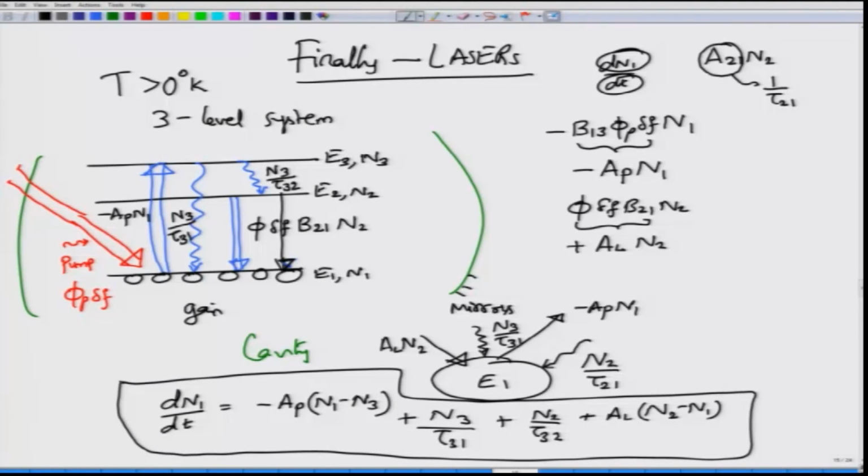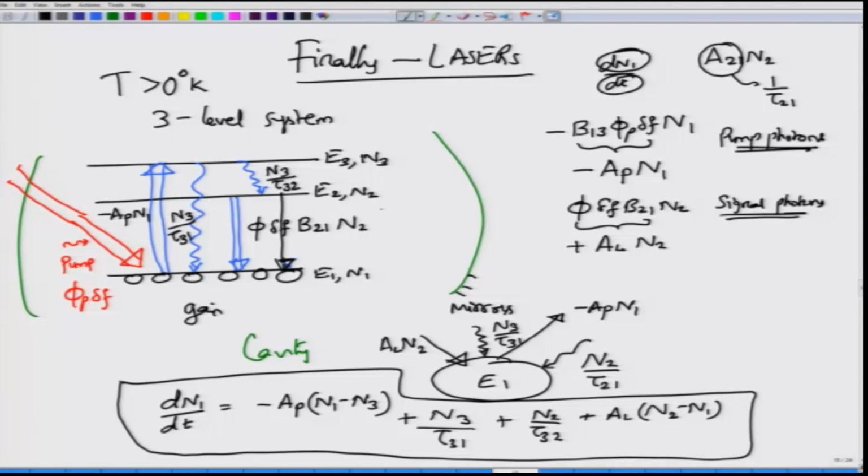There is an important thing here that I want to mention. Phi P stands for the pump photon density. This is the external energy coming in because of the pumping process, the pump photon energy density. Whereas the photon density phi without the subscript is the signal photons, because these photons are the result of stimulated emission between the levels E2 and E1. There is no P here because P would refer to interaction between E1 and E3. So there is a difference between phi P delta F and phi delta F. Please keep that difference in mind.